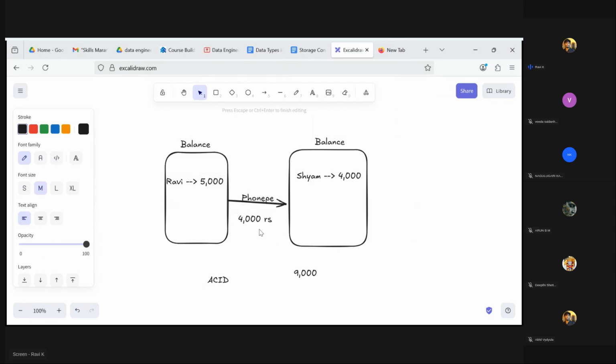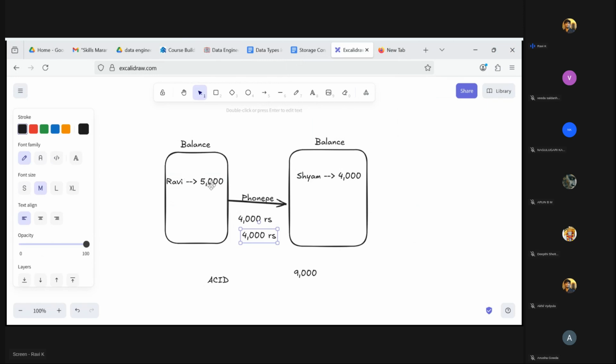Now Ravi has performed one more transaction, which is 4,000 again. When the first transaction was executed, this 4,000 will be debited and added to Shyam, and Ravi will be left with only 1,000 rupees. Now if you try to perform another 4,000, it's not a valid case, because you don't have enough money, you have insufficient balance. That's the error you will face.